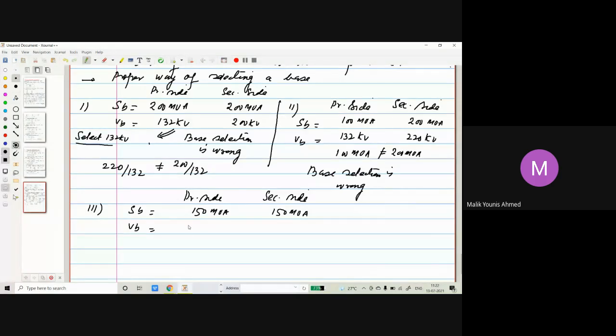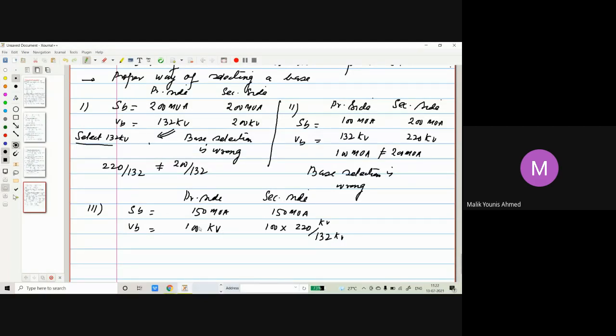Now in this case, see the data here, 100 kV. So now the secondary side base, how do I have to select? You should always remember, the secondary side will depend on the transformation ratio. So what is the transformation ratio? The transformation ratio is secondary over primary, let's say it is 220 divided by 132. So this is the correct method of choosing the base value. In the first one, the values are not the same. In the second, again the complex power values are not the same.